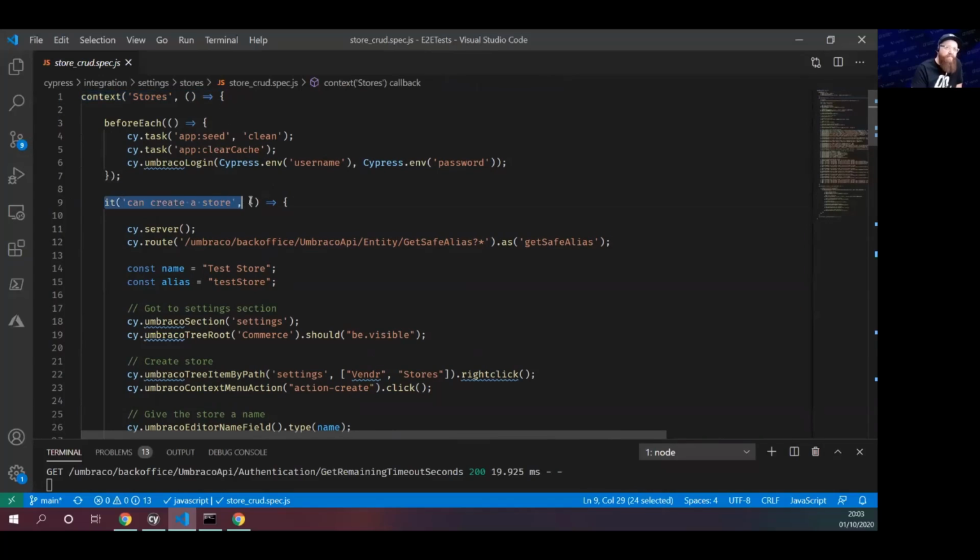Exactly, and a lot of this comes from, I think it's Mocha, which is a JavaScript testing structure, but it's like BDD. So you're defining the context, and I find these descriptive terms really helpful as well. It's like it can do X, Y, and Z. It's prompting you to write a test name that is descriptive of the action you're going to test. And me being, well, JavaScript is very similar to C#, and I bridge between backend and front end,